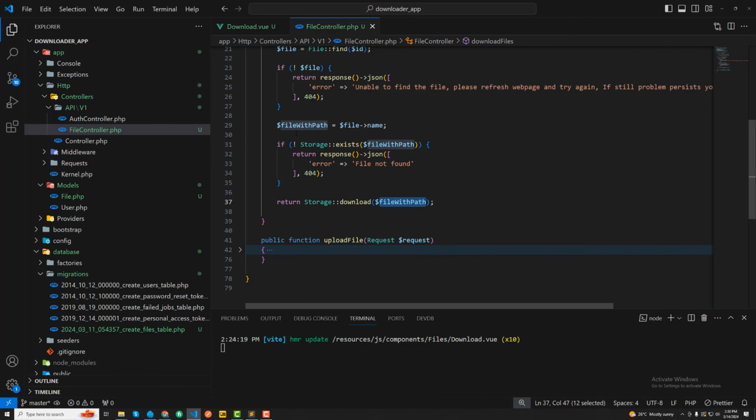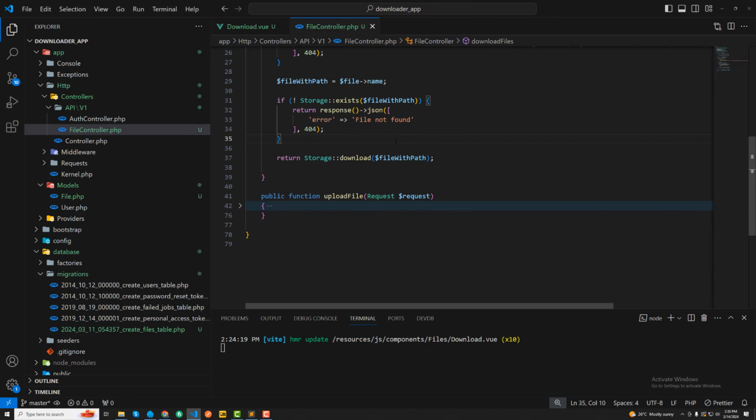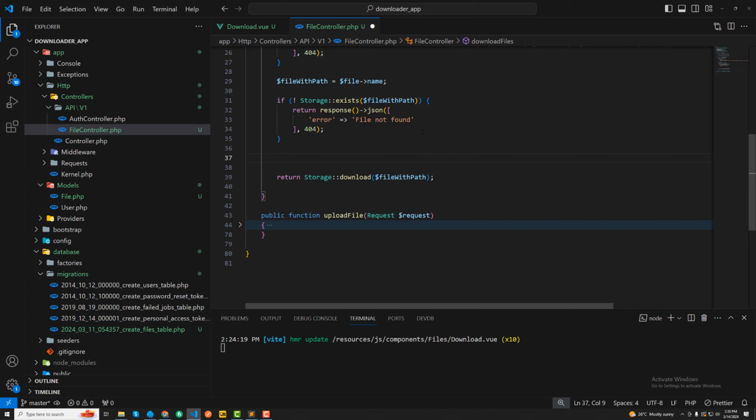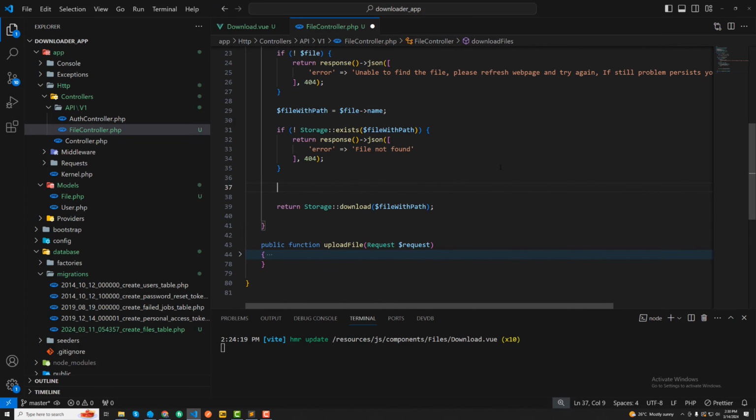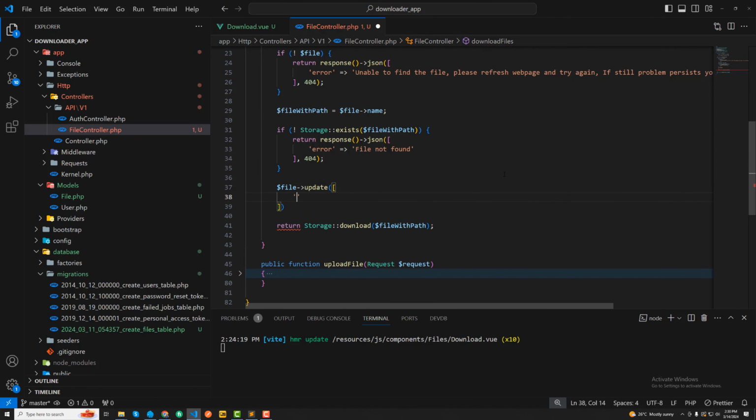Let's go here, and whenever it says checking that this file exists, after that it says it exists, so I want to update the file object. So we have the file object and I want to say update, and then here I'm going to say